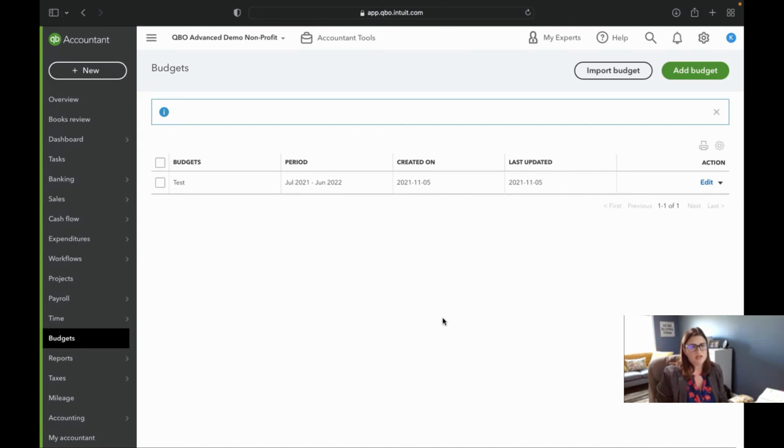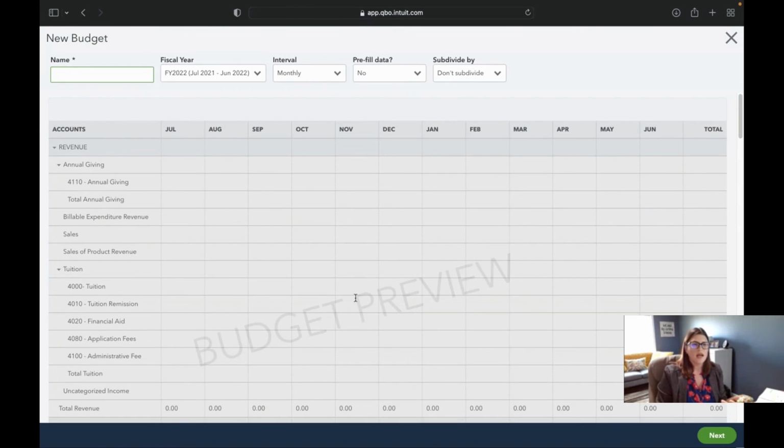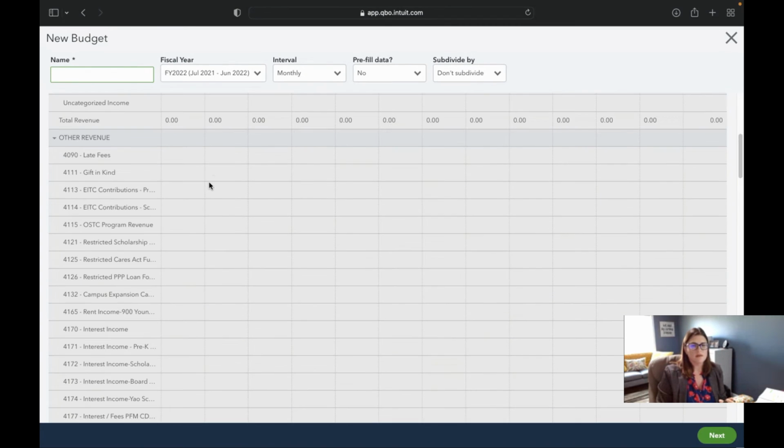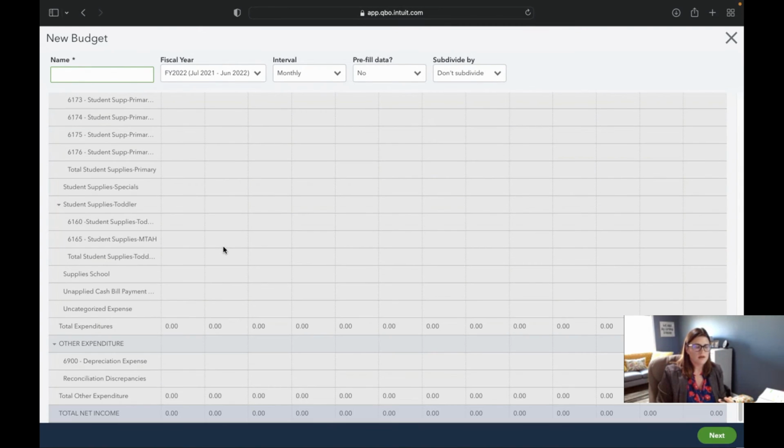So then we move over to budgets, which for a nonprofit, those board meetings, and every so many years you get a new board, I know these are critically important, right? And you can actually either import a budget or you can add budgets. So those of you that are like, how am I going to do my budget? You can 100% do budgets in QuickBooks Online. And if you are a nonprofit, this is going to be critical for you. Okay, so here we go.